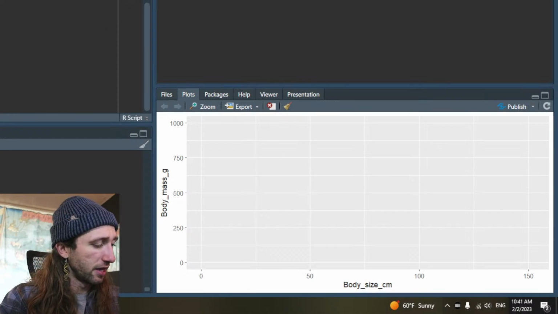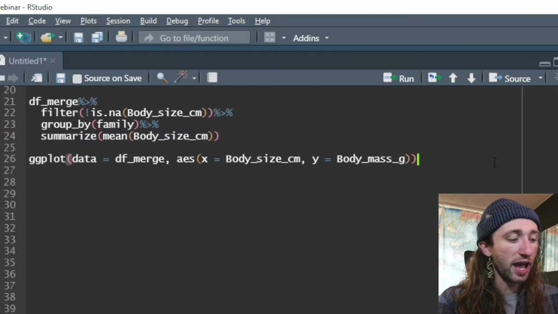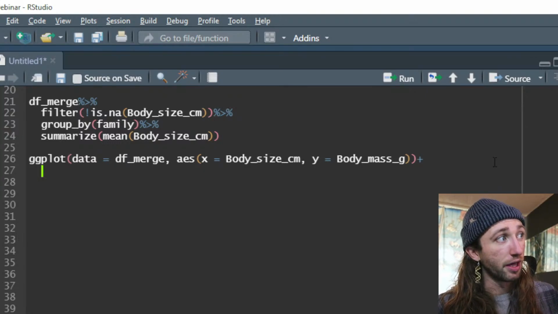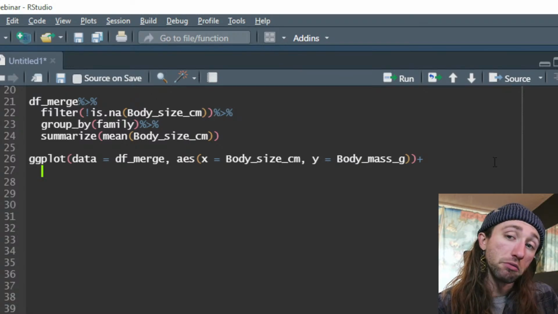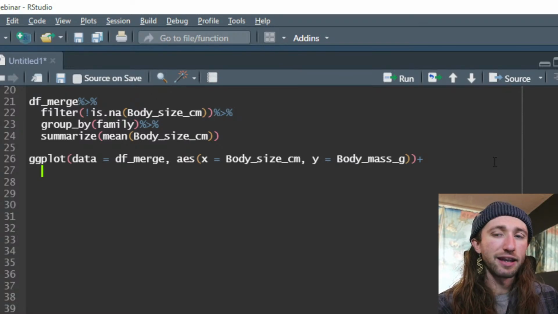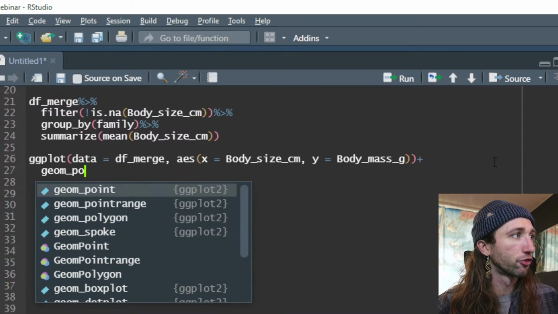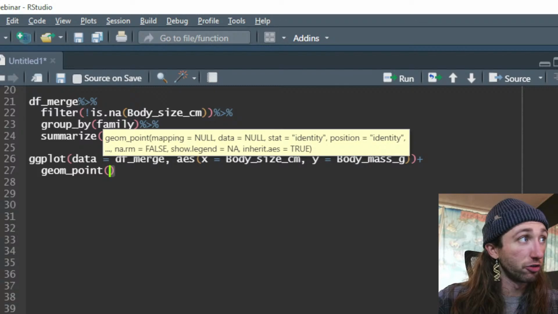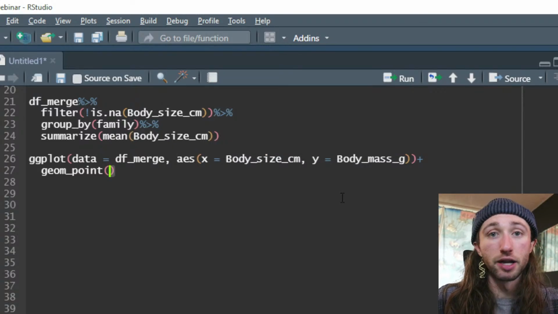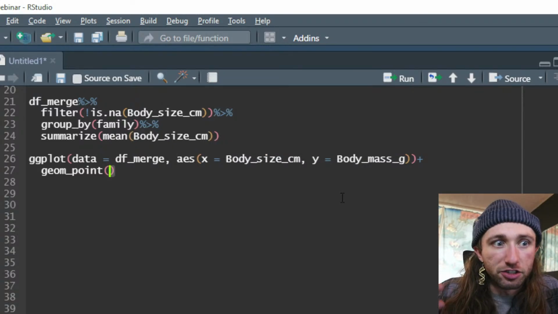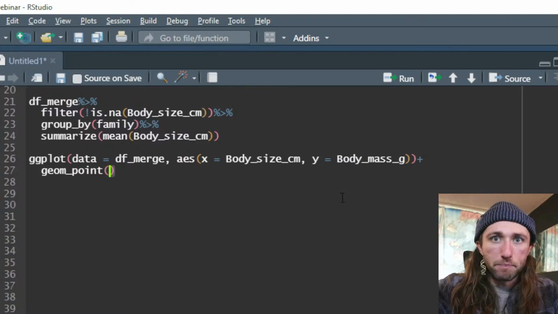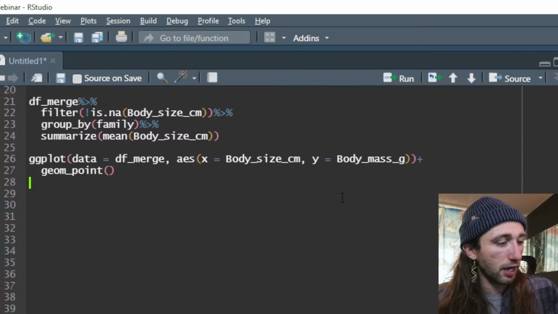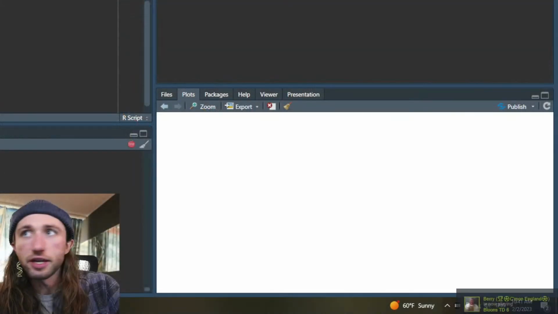What we can do now, back in our source, is add a plus symbol. This is a ggplot specific symbol. On a new line, just to make it cleaner, we're going to add in geom_point. Now, geom in ggplot specifies the type of plot. It tells us how we want our data to actually be plotted on that beautiful plot we made with ggplot. So if I run this, down in the plot window, now it's taking a bit because I have a